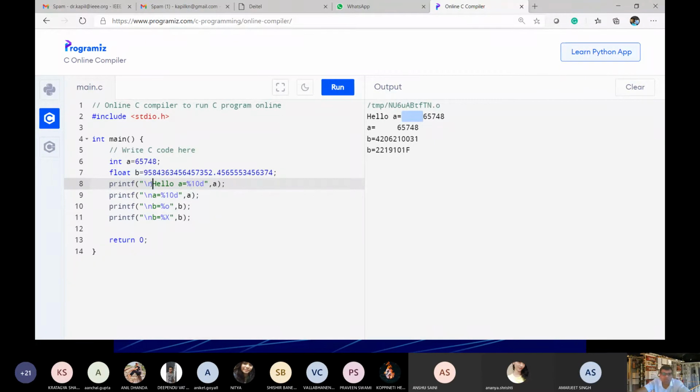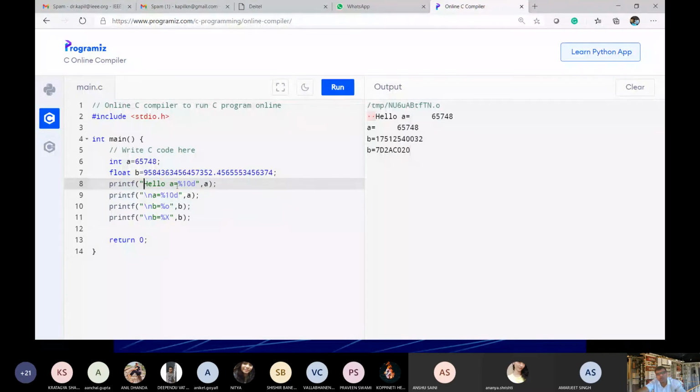So what is the use of \b? I had written \b. Now here you can see that some dot is coming here for \b. Okay, blank space it is showing. Now again I'm using another \b. Okay, so this will show two dots, two blank spaces. So this is not working very well.